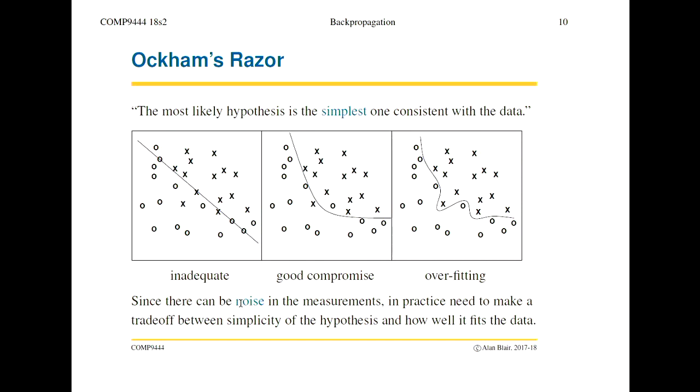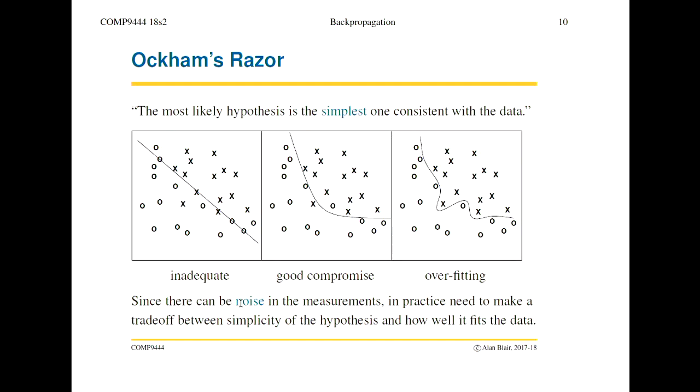This was named after William of Ockham, who lived in the 14th century. And I don't think he invented this principle, but he popularized it. What he literally said is, if you've got two theories which explain the data equally well, you should choose the simpler of the two theories. But in modern terms, we kind of